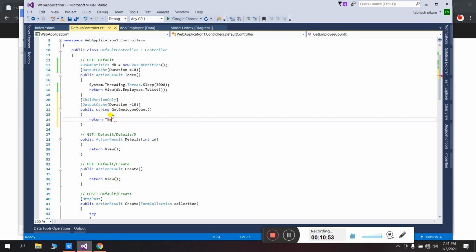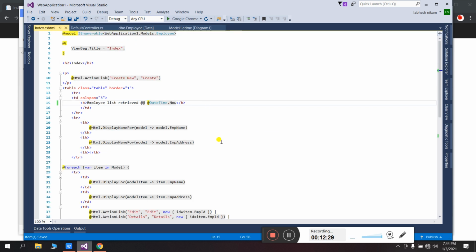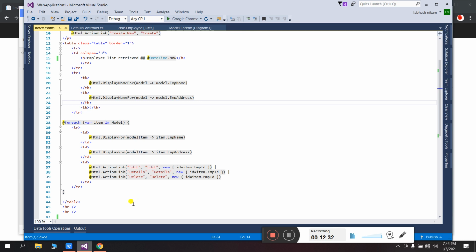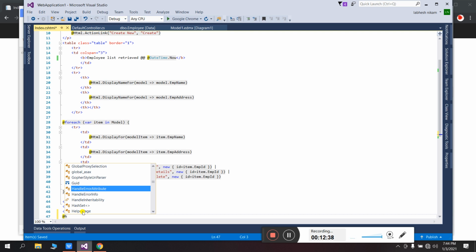Return employee count equal to db.Employees.Count.ToString. Return the employee count, together with DateTime.Now.ToString. Like this I will receive the count of the employees.